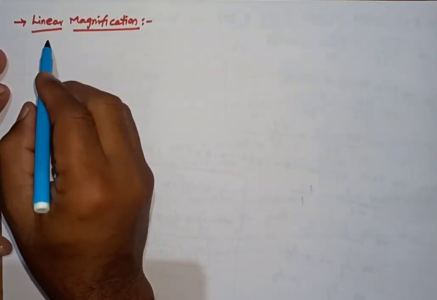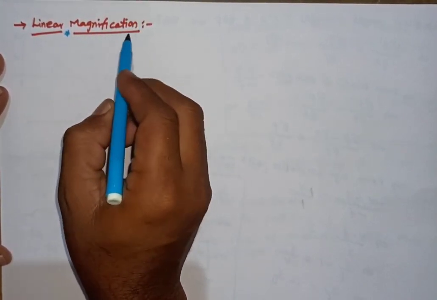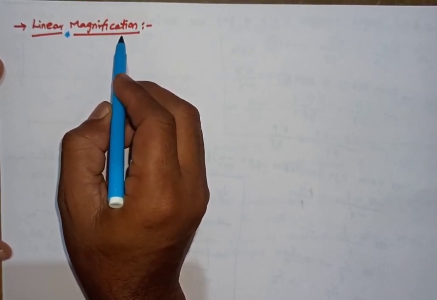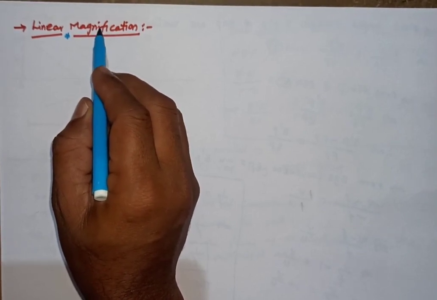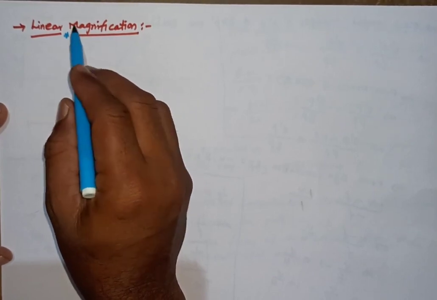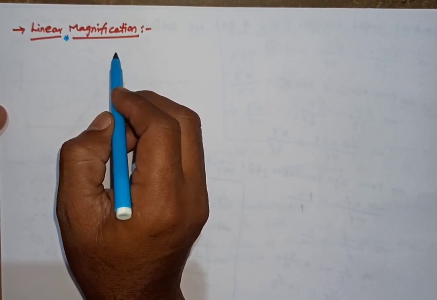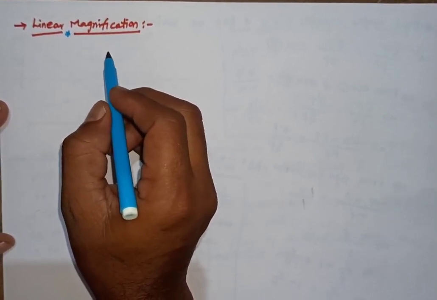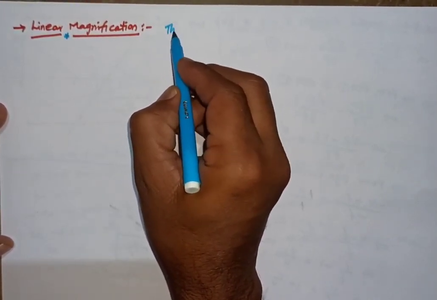So here, what is linear magnification? Magnification is nothing but whether the image size is greater than the object height, or less than the object height. It is called the magnification. Magnification is more or less. Okay, the height is less or more. So the linear magnification definition is the ratio of